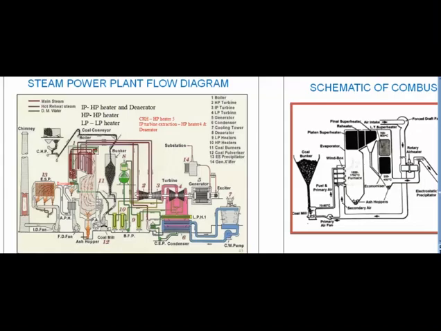Next slide, we will see the flow diagram of steam power plant. This also exhibits the location of various equipments and their respective positions. The coal is transported to the power station by ropeway, railway, or road transport. The raw coal is stacked in coal handling plant where it gets crushed to